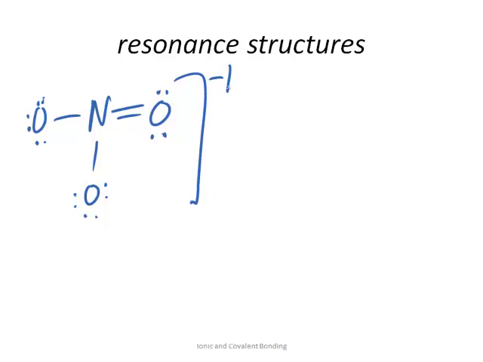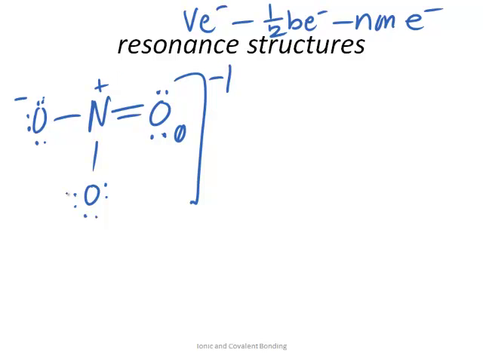All right, so we can see that each atom has an octet, but if we were to calculate the formal charge of each of the elements, again, valence electrons minus 1/2 bonding electrons minus non-bonding electrons, we would get values of 0 for oxygen, +1 for nitrogen, -1 for each of the other two oxygens. Okay, showing that this oxygen is at its most favorable point, 2 bonds and then 2 lone pairs of